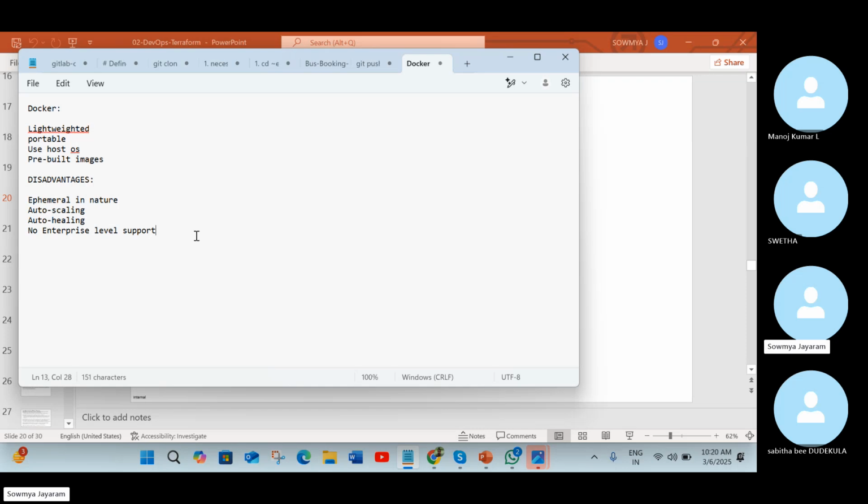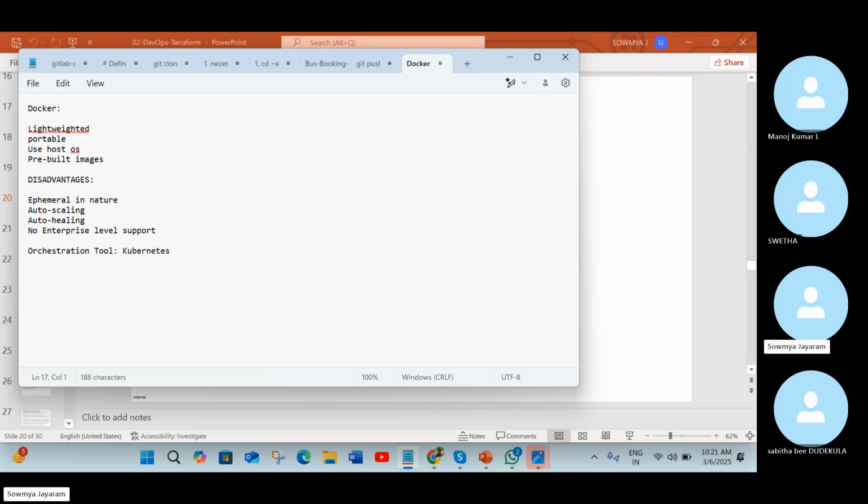So coming to the point, for these four things we are going to rely on an orchestration tool. Do you have any idea what orchestration is, or which tool we can use for orchestration? Okay, so we are using Kubernetes.